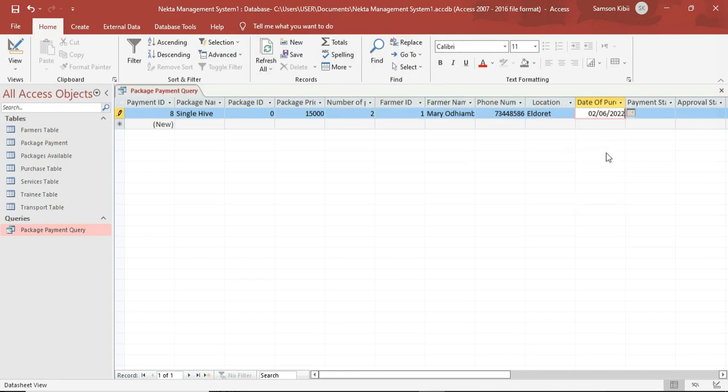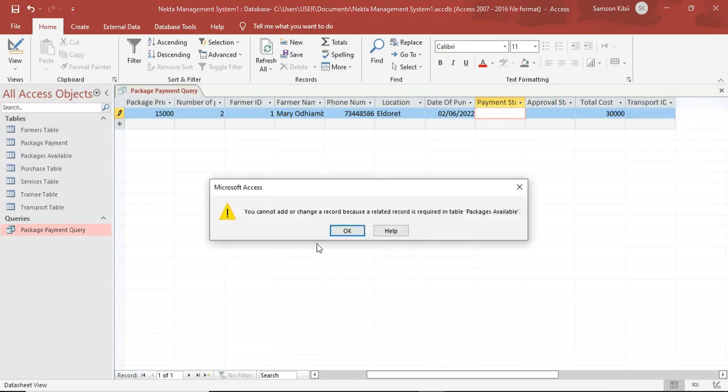So you can choose the date of purchase. So these two fields, the package status and the approval status, we will come and work on later. So we can see, it brings us an error message that another record is required in the package available